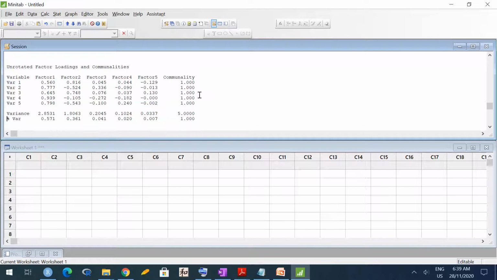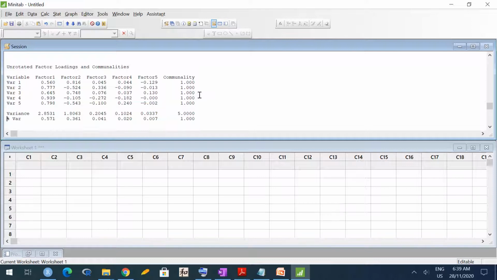Here we are using the correlation matrix and we know diagonal entries of a correlation matrix are 1. So communality is 1 means specific variance is 0. Because we are using number of factors equal to number of variables, complete variation is expressed by the common factors.